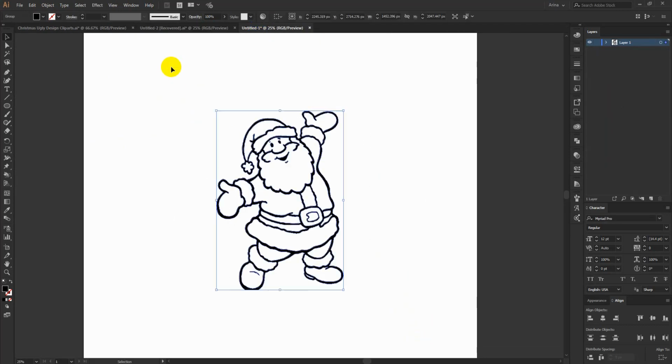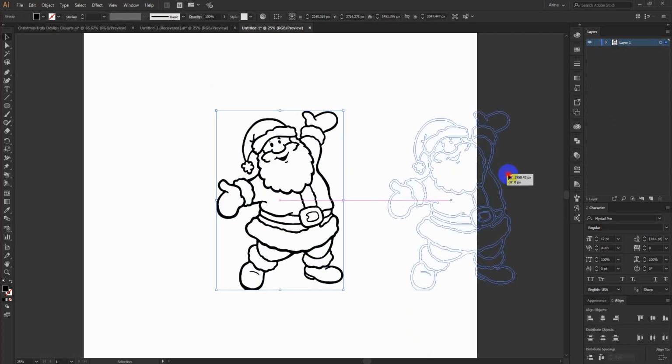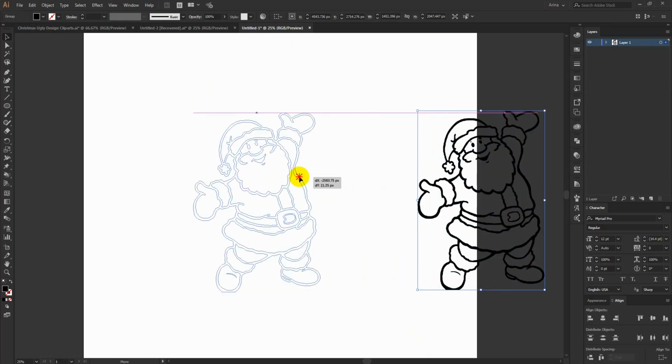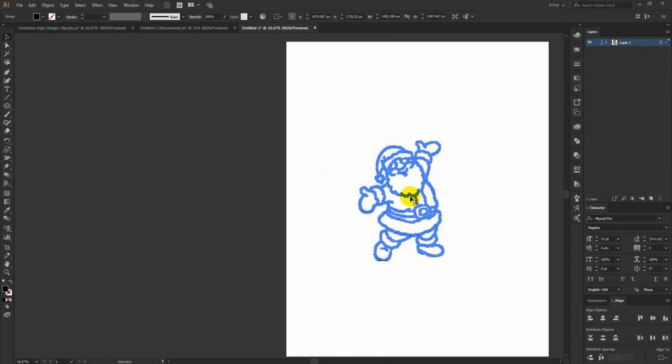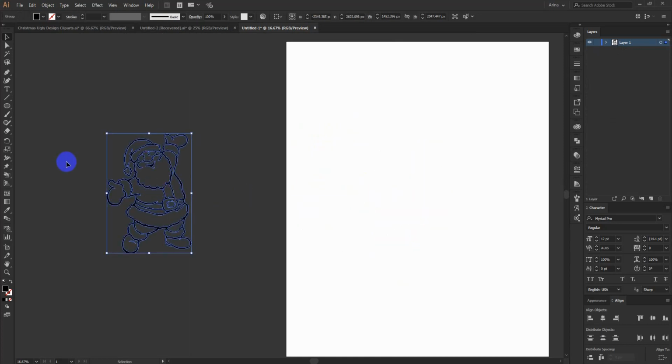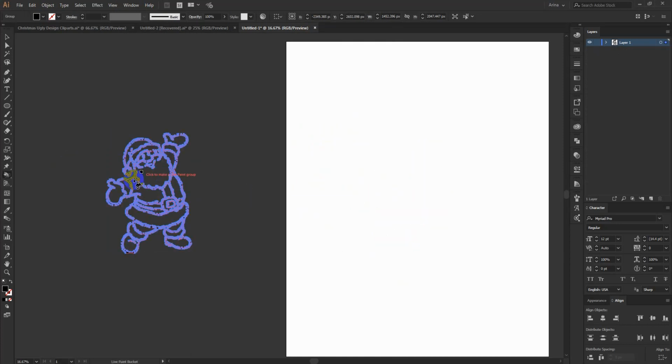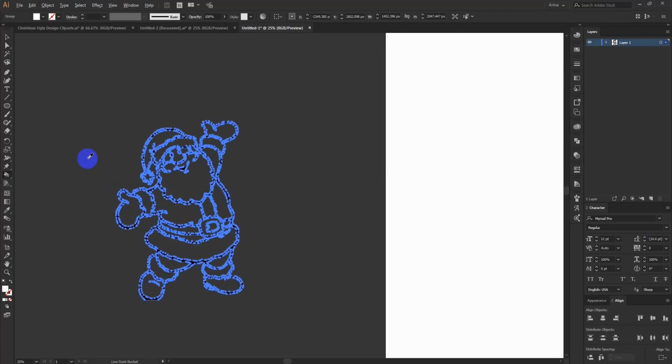Now I need to, you can see this is just black outlines right now, but I need to fill colors in it so that I can fill this with patterns. So I am pressing K on my keyboard. K is for live paint bucket, you can see. Now if I press Alt on my keyboard, it will bring the eyedropper. So I am clicking on this white area to sample this white color. You can see now my fill color is white.